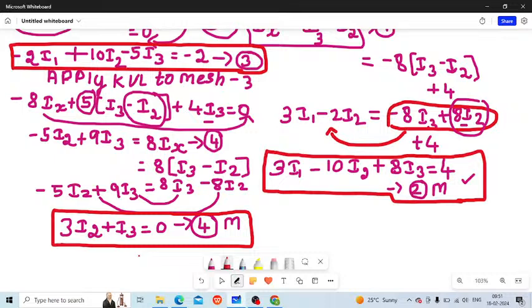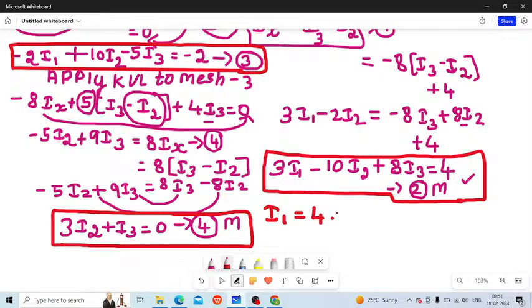These three equations which I have put in red boxes, that is the 2m equation, the third equation, and this equation which I marked with a red box. So these three equations have to be solved in the calculator. If you solve these three equations in your calculator, then what result are you going to get? I1 is equal to 4.37,